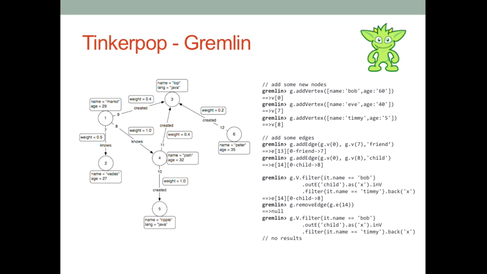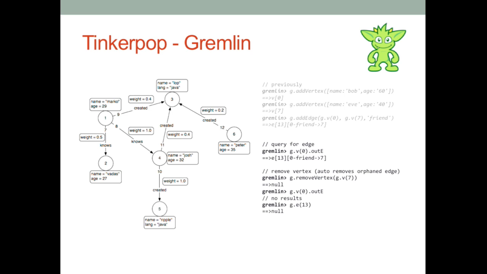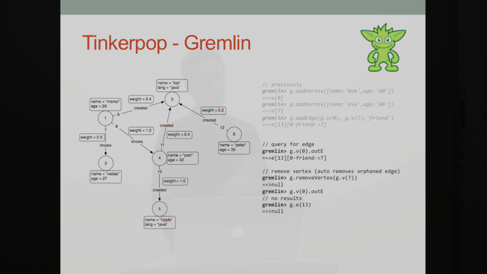You can add nodes, add edges, and there's some examples there. We'll see that in the lab, so I'm not going to spend much time there. And then you can query for edges. You can remove a vertex, remove an edge, and I show an example there of, hey, guess what? It's going to remove orphaned edges. So if you delete a node and there were edges pointing to it, it'll clear those up for you. All right, any questions? I'm going to switch gears. We're going to talk about Titan for a couple minutes, and then go into some hands-on work for a period of time.